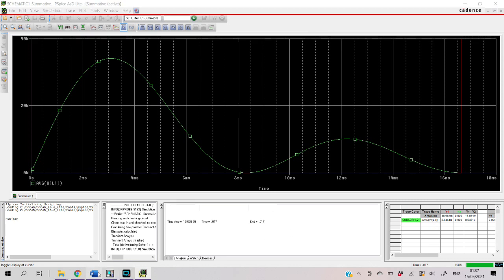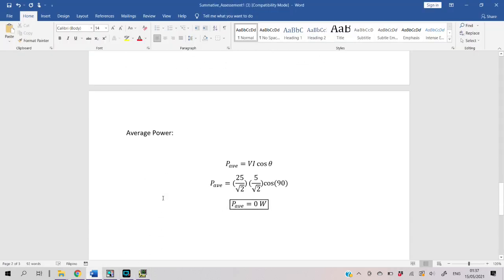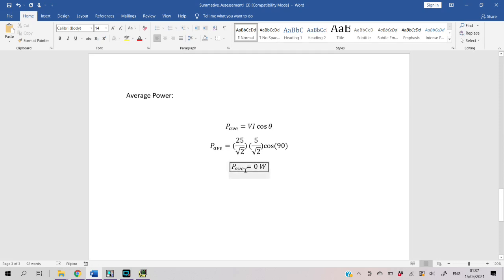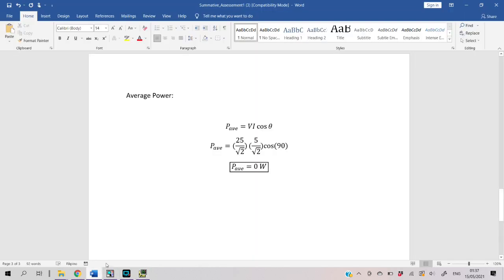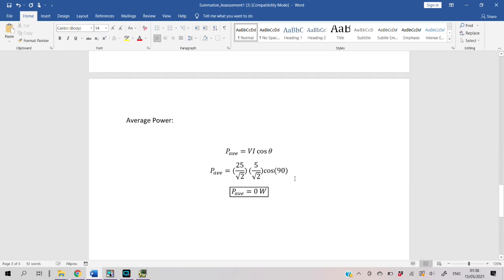And when we try to compute it, we can see that the average power is 0 watts. So how does our graph produce a small value and our computation is 0 watts? As we can see, cosine 90 is equal to 0 and everything multiplied by 0 is 0. So why do we use cosine 90 for this